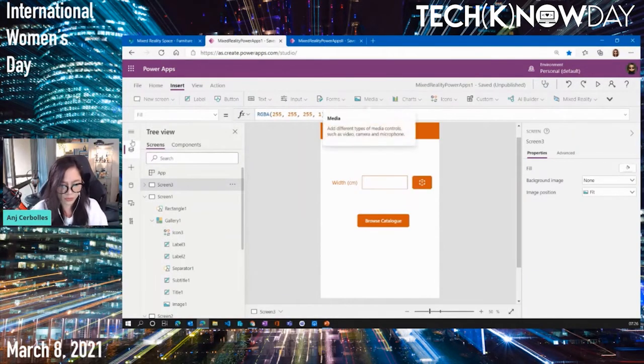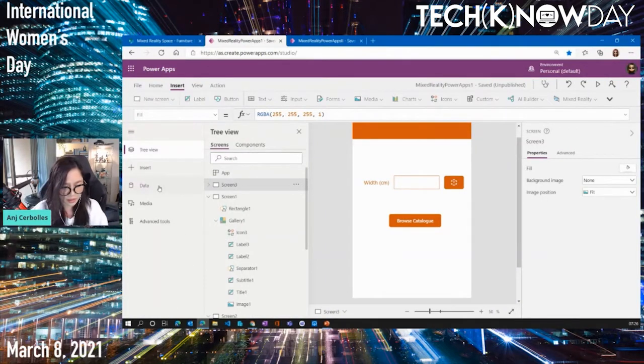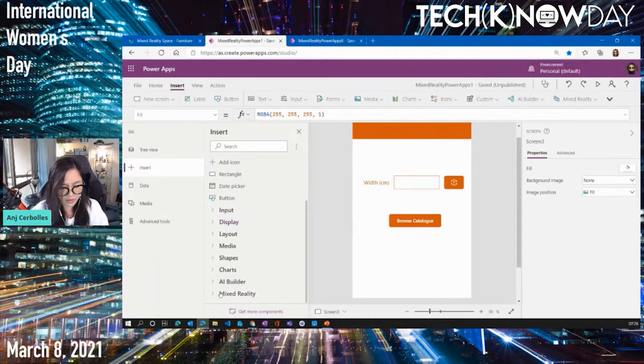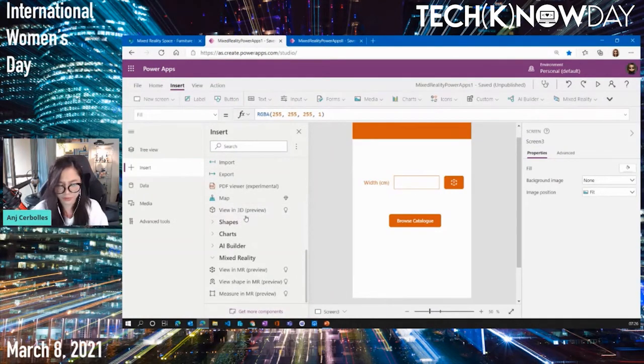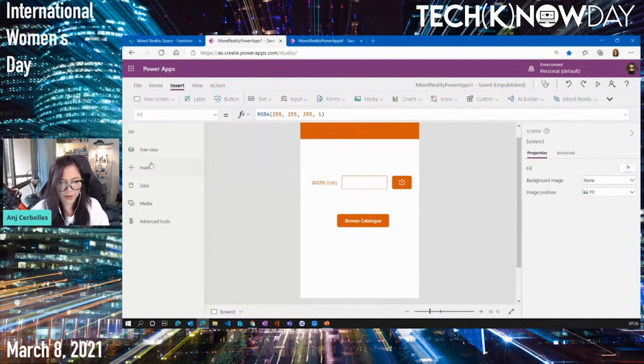Also, you can view it in your left navigation. If you expand this, under insert, you will see as well the mixed reality here below, as well as under the media, you will have the view in 3D. Now, for my demo,